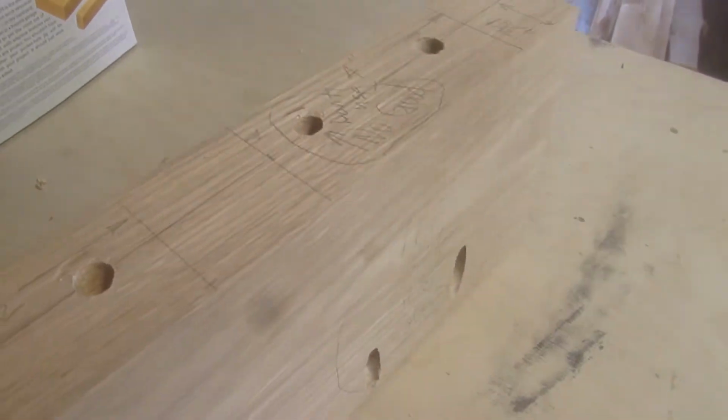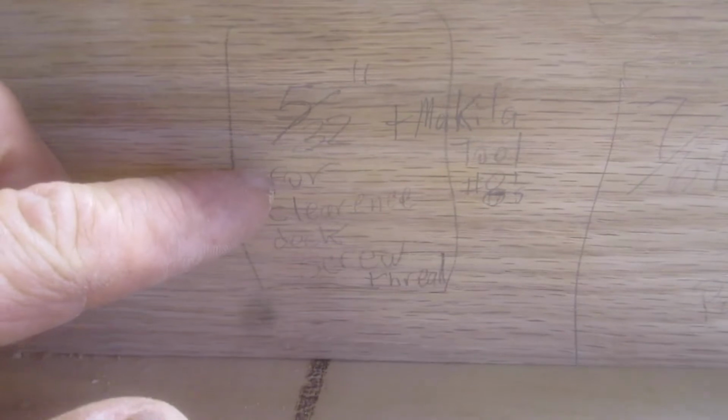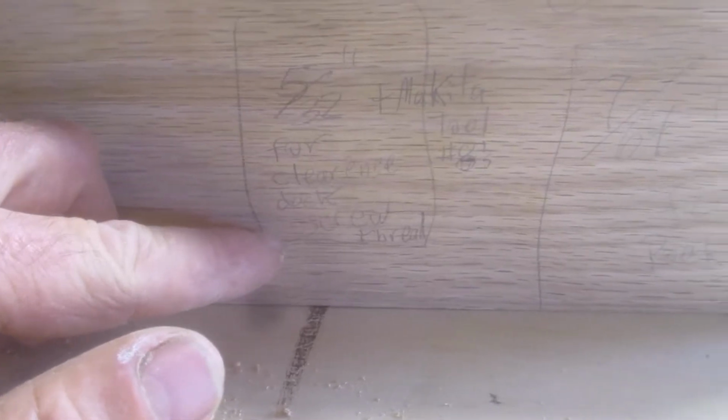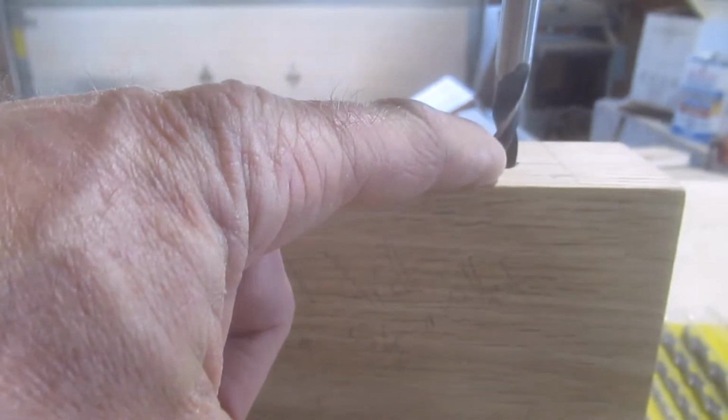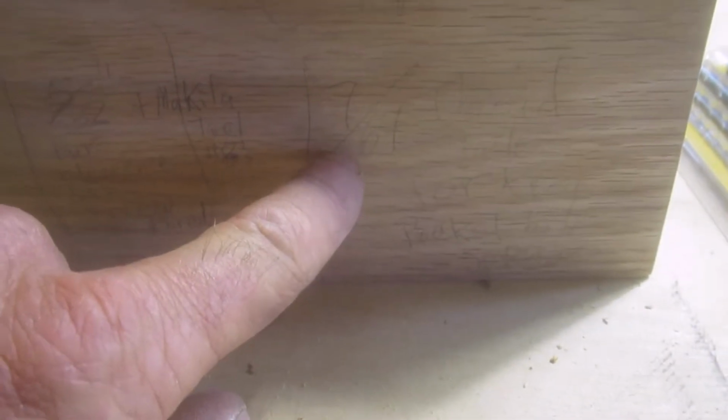What else is on here? Oh, one side of this jig was no good. The holes didn't come out even. So I was using this side of the jig. And I left myself some instructions here. I would set this drill up here, length it, and put the stop at 5.5, and I would re-drill